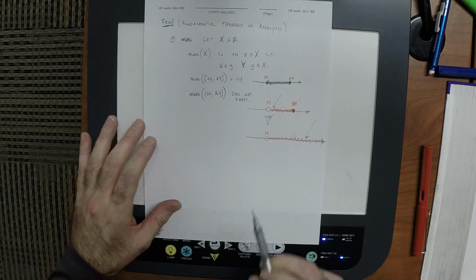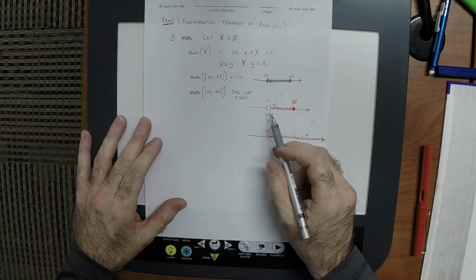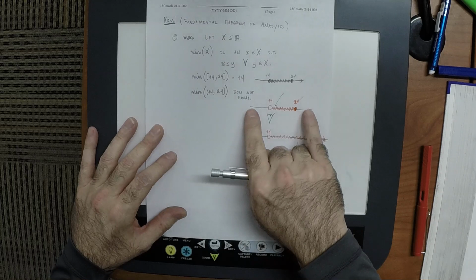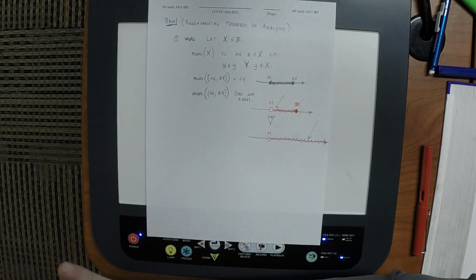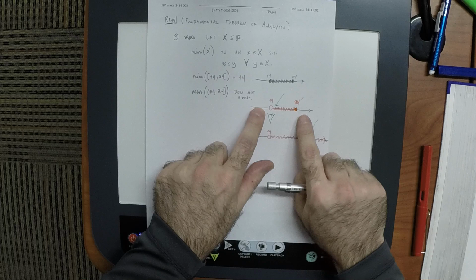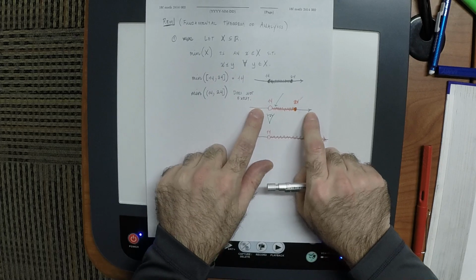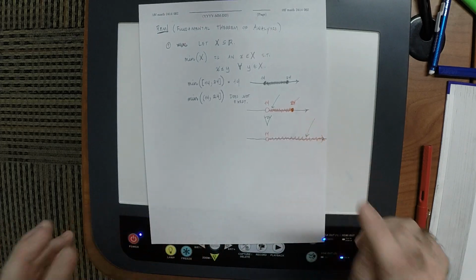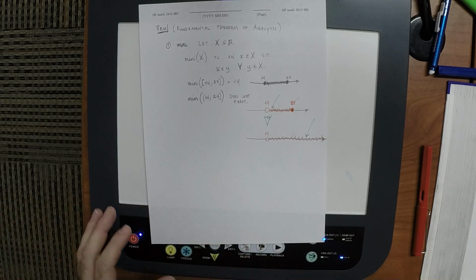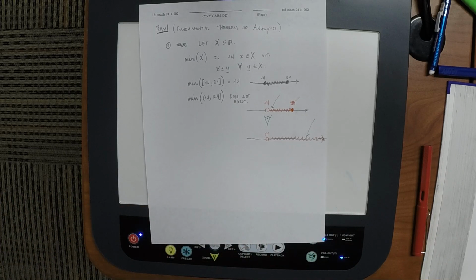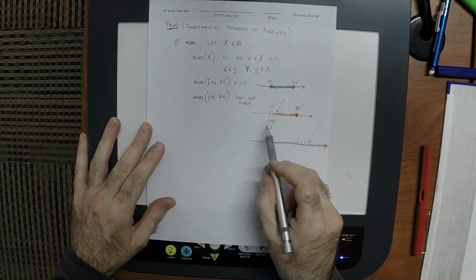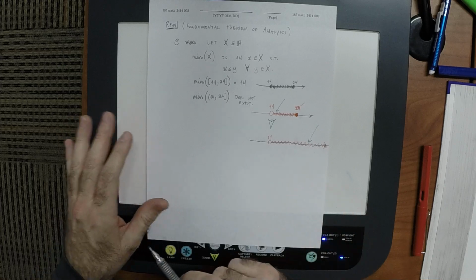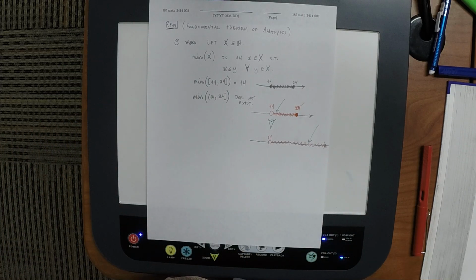Nevertheless, if you were on the street, and someone was mugging you, and they showed you this set, and they said, I need you to tell me what the minimum is, and you said, well, it doesn't have one, but they're threatening violence, you might say, okay, you probably mean 14, and then they're satisfied. So we need a name for that idea. We need a name for the idea that this set doesn't have a minimum, but 14 is somehow important.